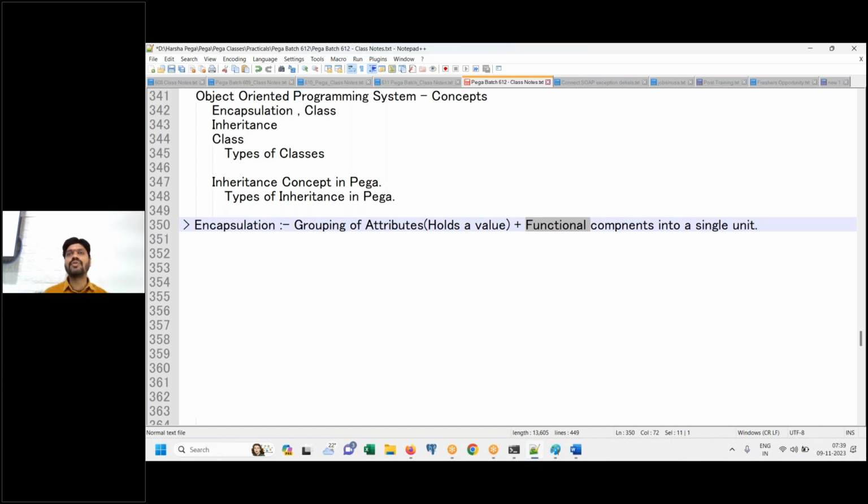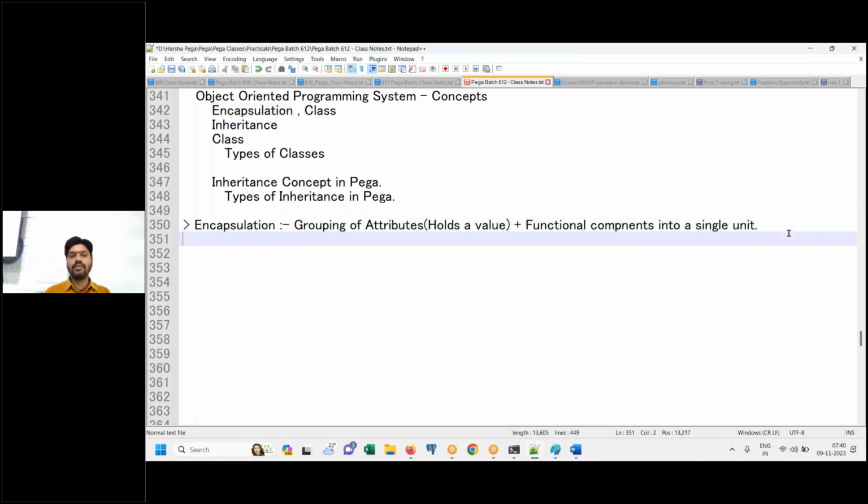If you are going to develop any software, functional components should be placed into an encapsulated unit. That's what the object oriented programming system said. You have programming languages: Java, C++, Python, C#, VB. All these are object oriented programming languages. Why? Because in these programming languages, the encapsulation concept is being used. Everyone clear? Online students, are you clear with this point? Fundamentals and basics are important.